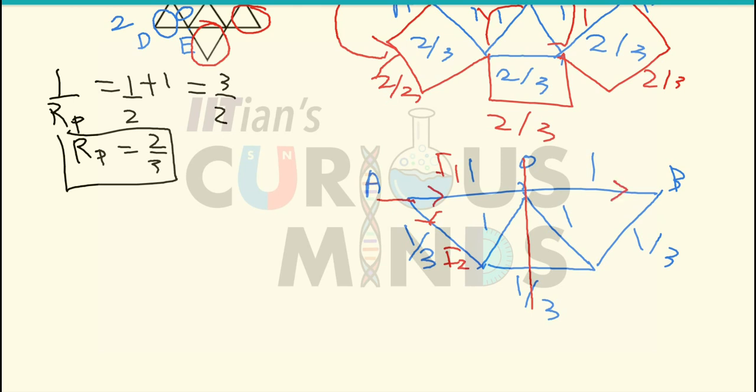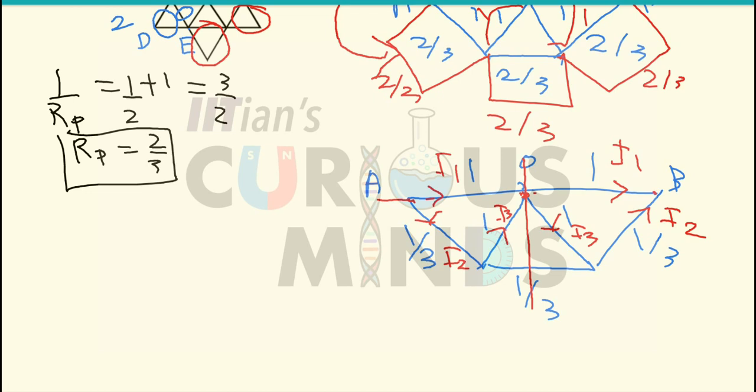By mirror symmetry, the current over here will be equal to I1, and the outgoing current over here will be equal to I2. Okay, so you can clearly see at point O, the incoming current is equal to I1, and over here, if it is equal to I3, the outgoing current will be equal to I3. At point O you can clearly see that the incoming current and the total outgoing current are the same.